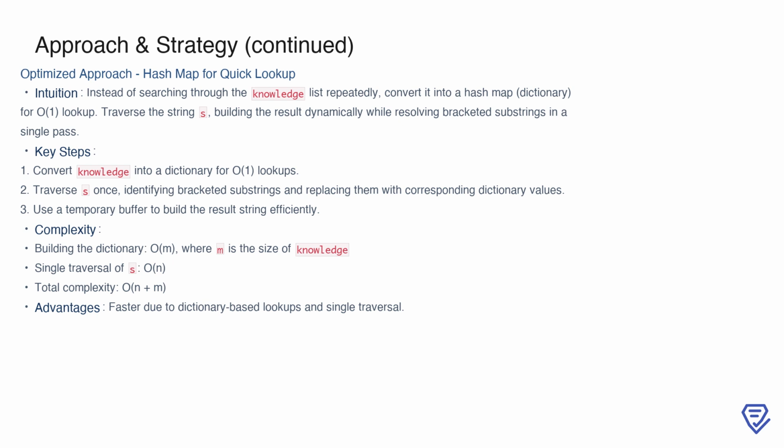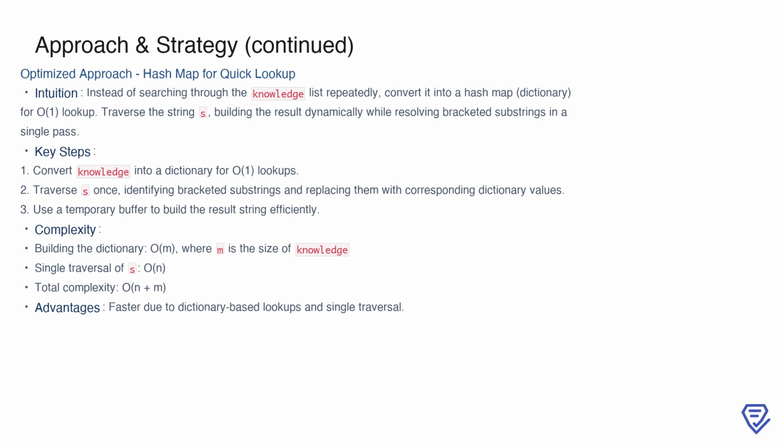First, converting the knowledge list into a dictionary, which takes O(m) time. Second, traversing the string in a single pass, which takes O(n) time. And third, building the result dynamically using a temporary buffer to minimize additional string manipulations. This optimized approach significantly reduces the overall complexity to O(n + m), and is well suited for handling larger inputs